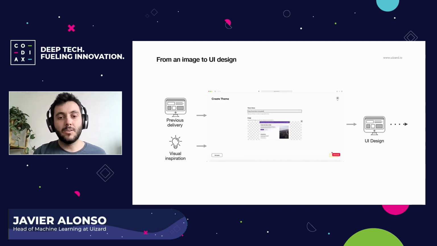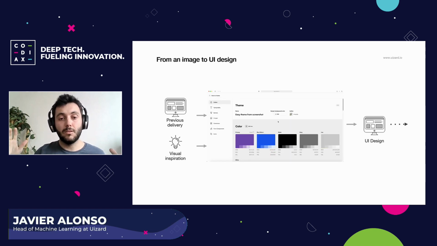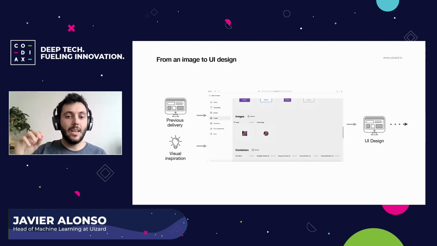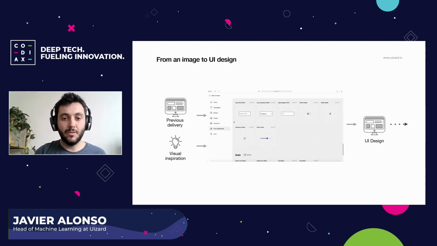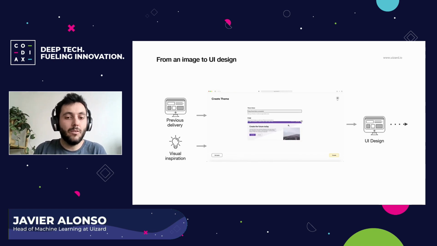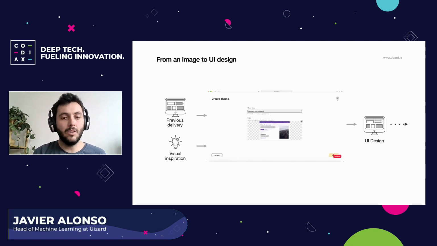I've heard designers complaining that creating a new design system, with all of the colors, deciding whether a button has a line or not, and so on and so forth, will take them weeks. Or even when they're migrating tools and you already have all the design, it will still take a long time.